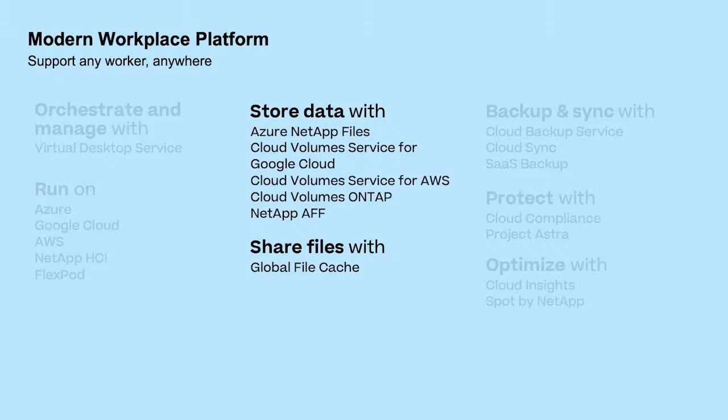Global File Cache expands on our storage portfolio. With Global File Cache, you can build a solution for roaming VDI users or globally dispersed teams, all centrally collaborating from a common file share. Whether that's CVS, ANF, or ONTAP on-premise, this provides you with the flexibility to deploy virtual desktops at the edge, on-premise, or in any cloud, and have a single cloud console to manage it all. In the end,